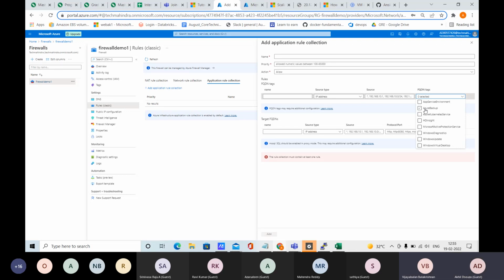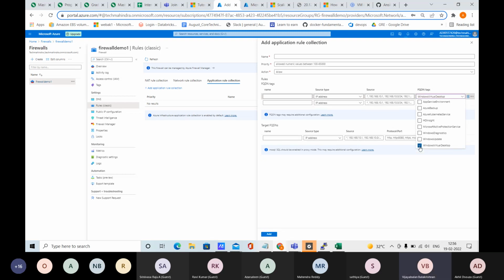So if you create this rule and go to that Azure Kubernetes service, when you create Azure Kubernetes, you can associate this rule. You can easily go in that way. You can even select the last option, Windows Virtual Desktop, just to create.